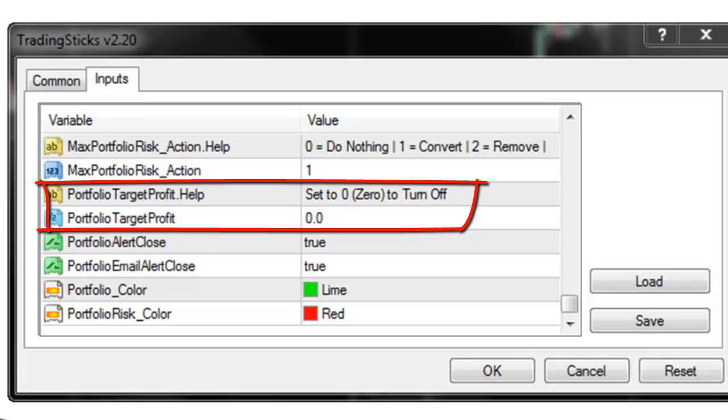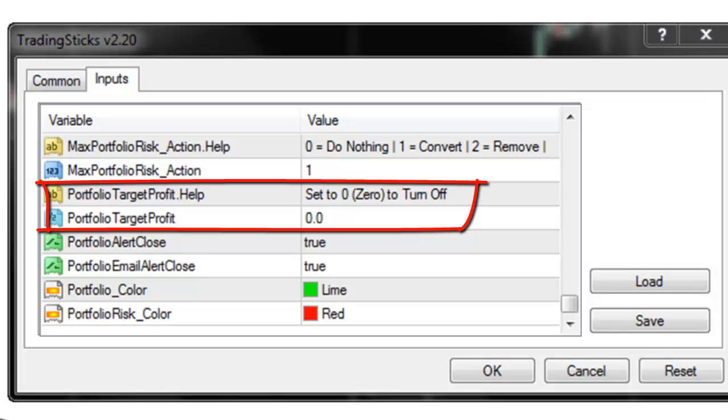But if you set a portfolio target profit, let's say to $200, then as soon as all of your trades within the portfolio have reached a profit of $200 or greater, all positions will close, all profitable positions, all losing positions will close, because on aggregate you will have achieved your portfolio target profit. One of the advantages you can use here is if you are using ricochet trading, you're never